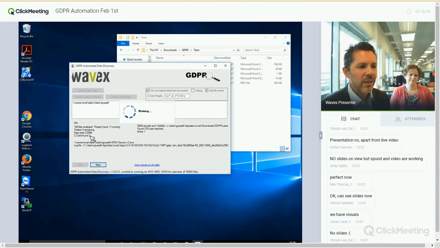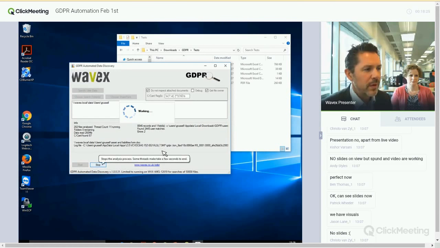And the idea is you just leave them. Depending on how much data it's looking for, it might take hours, it could take days, it doesn't matter. Now the free version, as you can see on the bottom, is limited to 50,000 files. So for smaller organizations, that should be completely fine. Now, when it finishes, and I'm going to stop it now,